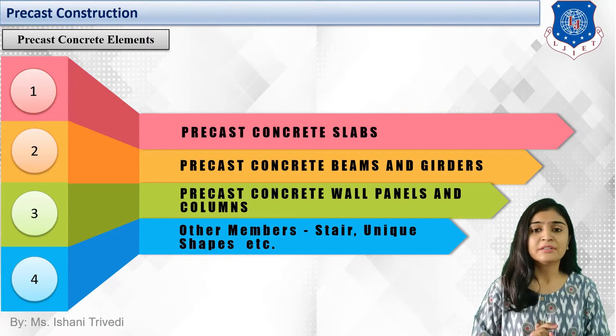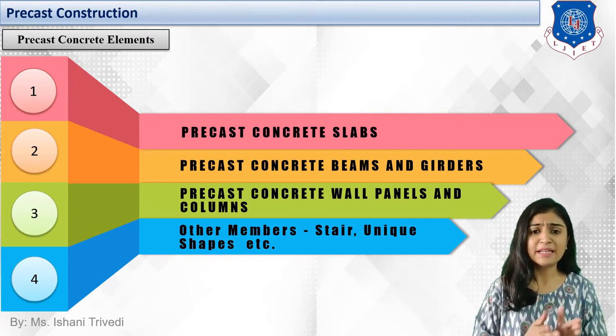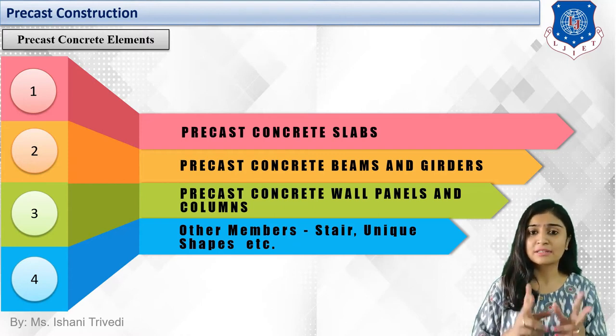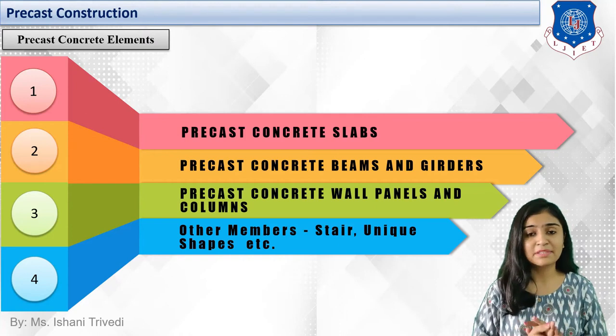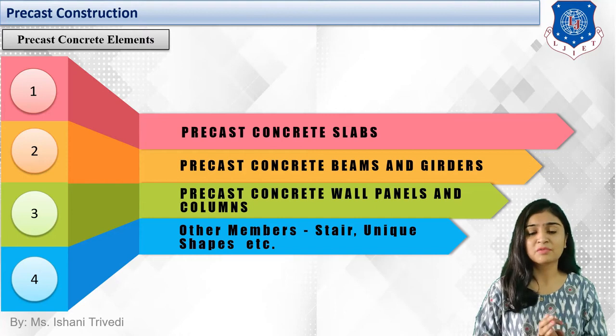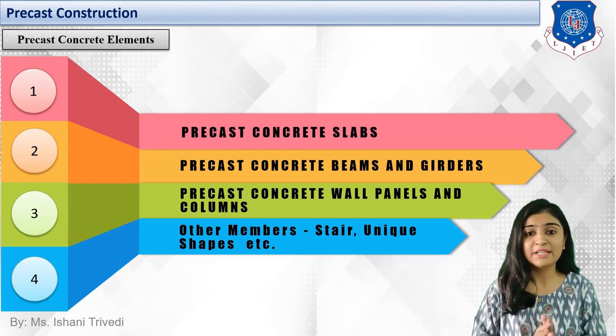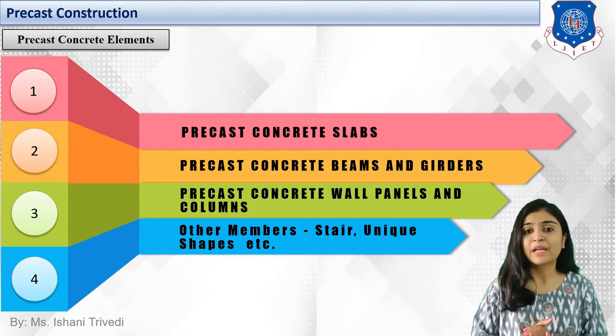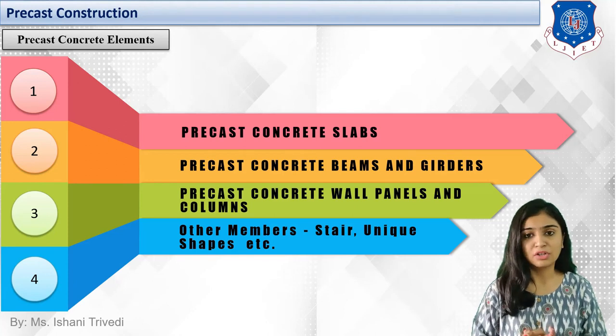various elements, right? The third which we have is precast concrete wall panels and columns, right? So wall panels come in the vertical sections. The above two which we saw were in the horizontal sections. The slab is a horizontal member, beams and girders are supporting members, once again horizontal. The vertical members which we have are the walls, wall panels, right? I have shown you an image of the precast concrete wall panels in the previous session itself, how it is constructed, and the opening space is left, and the columns, which you already know what is a column, right?